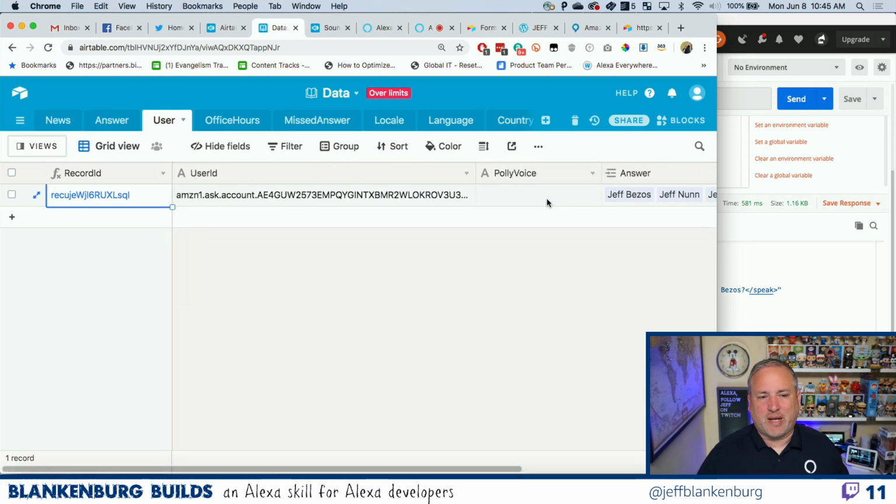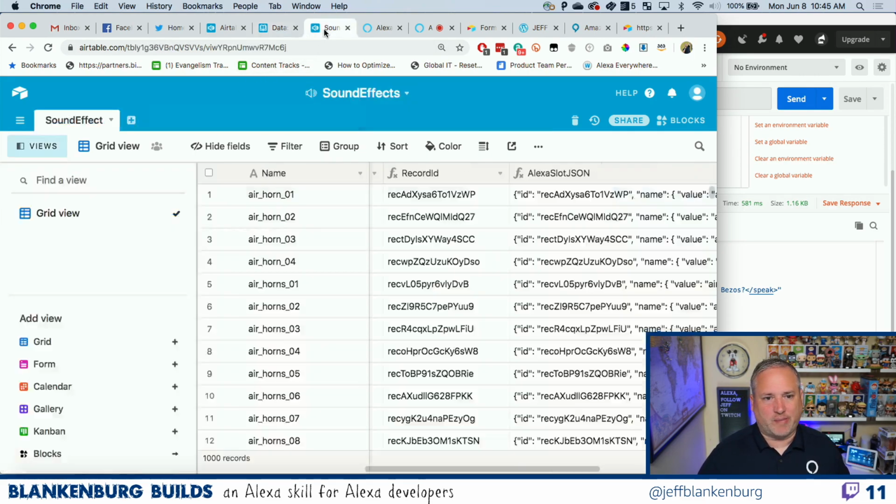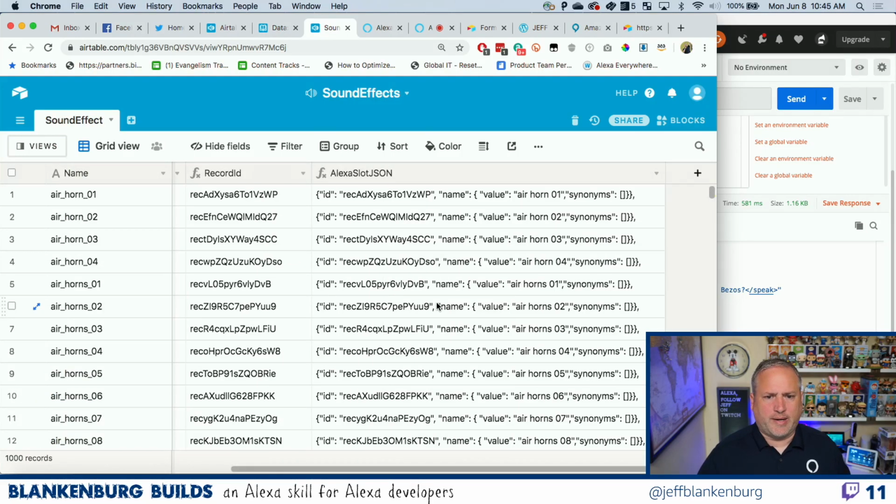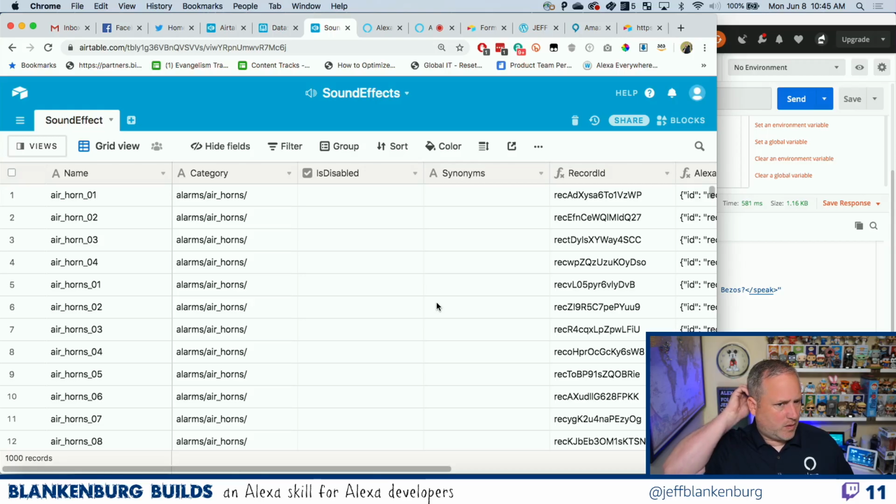So I don't, but I also don't think it matters much. If I come back to my sound effects table, for example, I could just put a simple counter on these every time that I play one, but I just don't know how important that really is. And it's another call to the database every time to increment values. So I'm not going to worry about it for now. If it becomes important, it's certainly something I could do, but I wanted to refactor that and get those things out of there, because now I have a much cleaner